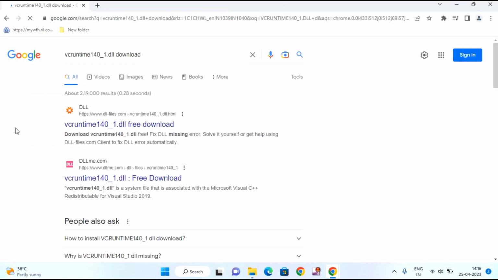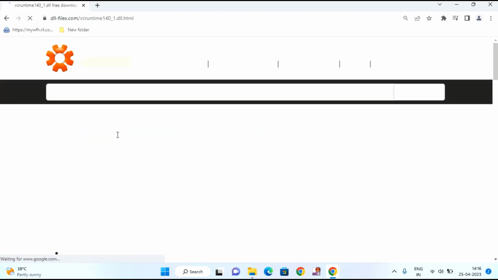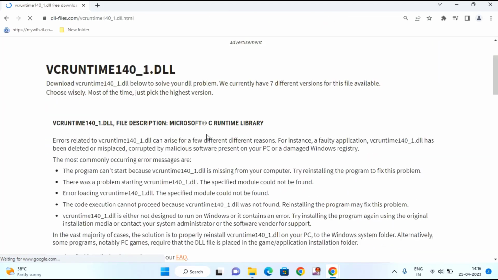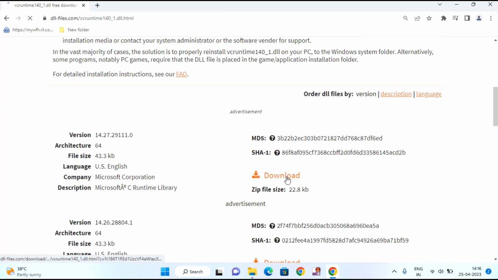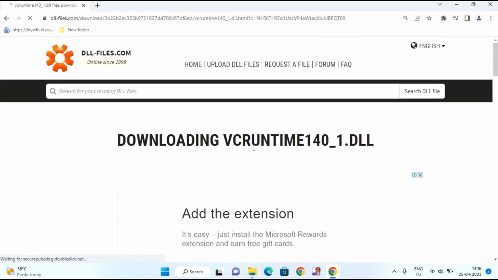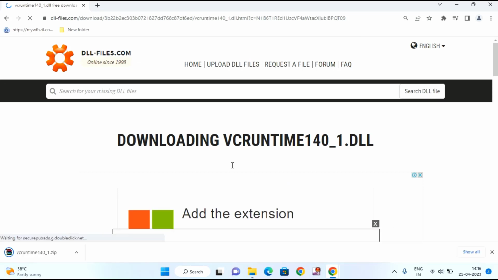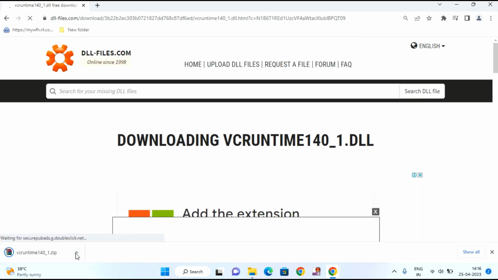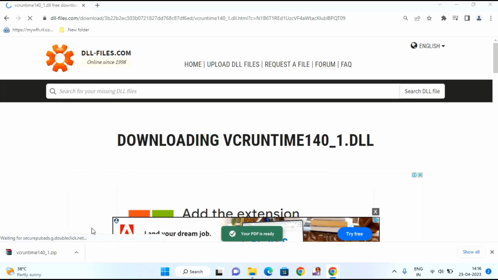You can see the first result, VC runtime 140_1.dll free download. Just click on this, scroll down a little bit, you can see the download. Just click on download. And the WinRAR folder has been downloaded. Just click here, open the download folder,